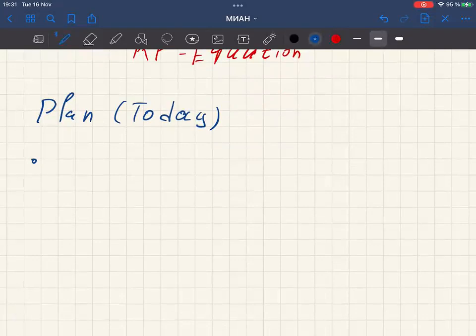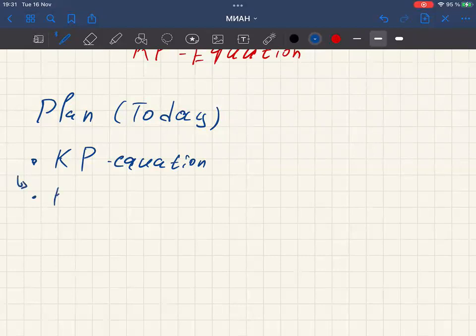First of all, I want to tell about the Kappa equation in a little bit different way. Well, I think it is an interesting way to look at it. I haven't seen it before. After that, I want to look at the Kappa hierarchy